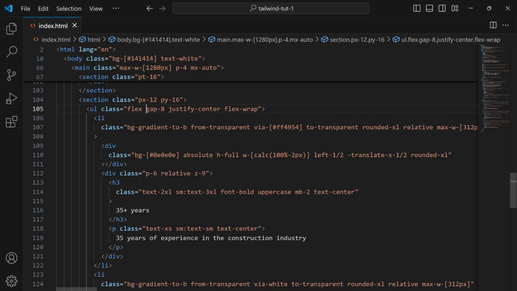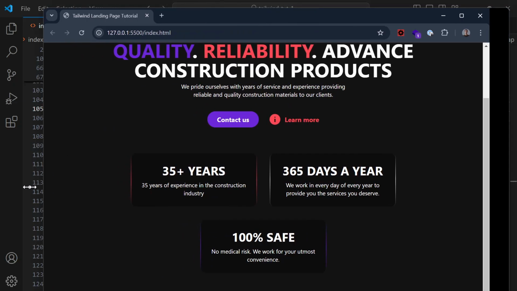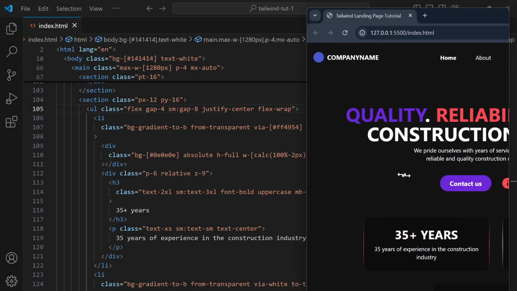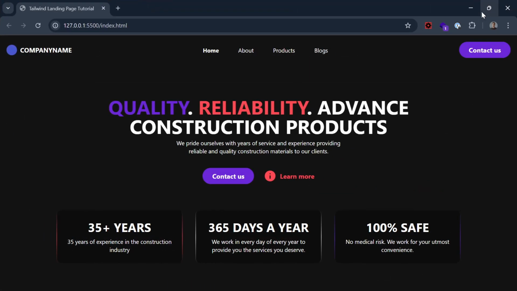So one more thing is we want to say gap 4 on small sizes, and on larger sizes gap 8. This is 16 pixels. This is 32 pixels. So yeah, now this is what we wanted, and we can move on to the part which